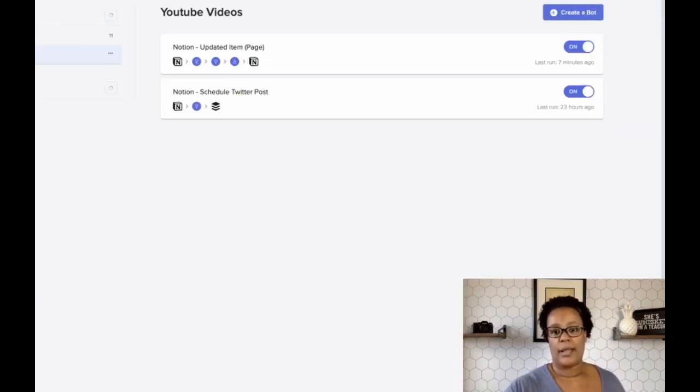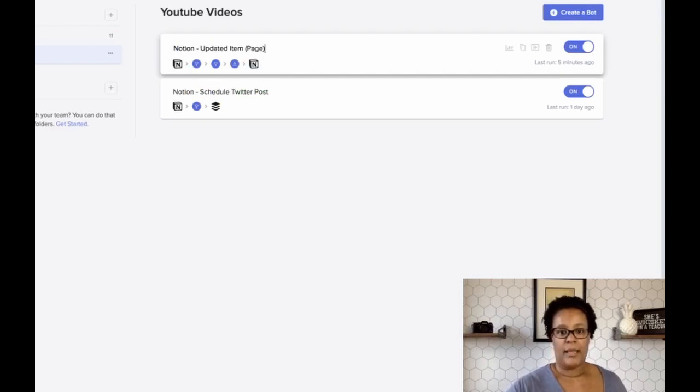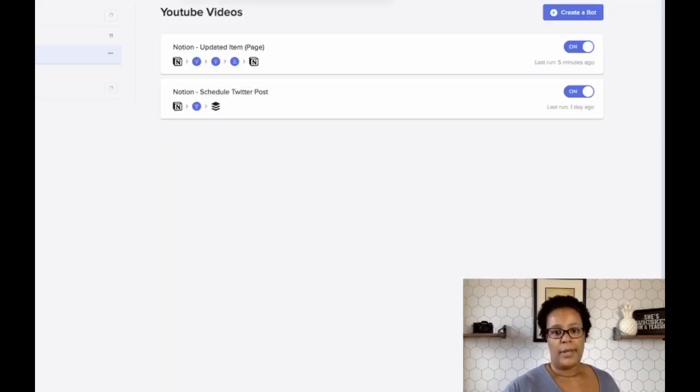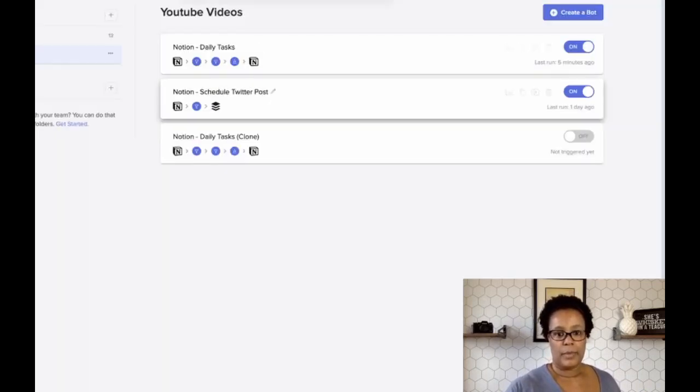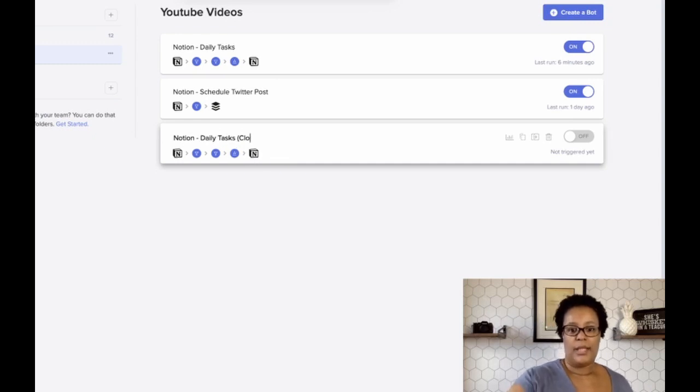Let's go back to our bot list. I never changed the name of this. So we're going to change this to daily tasks. I'm going to clone my bot. So down here you see daily task clone. And let's rename this